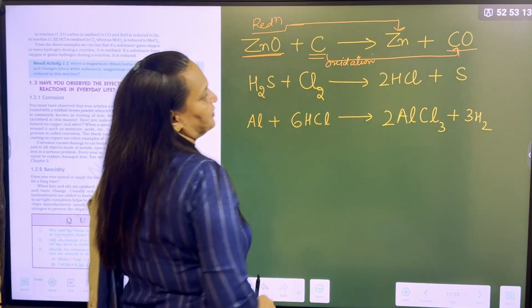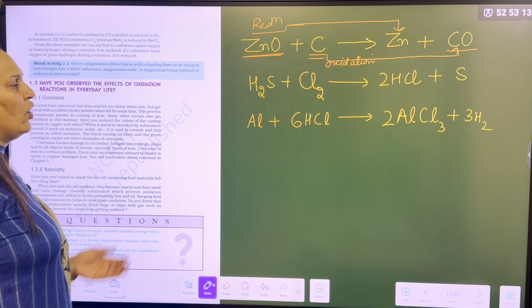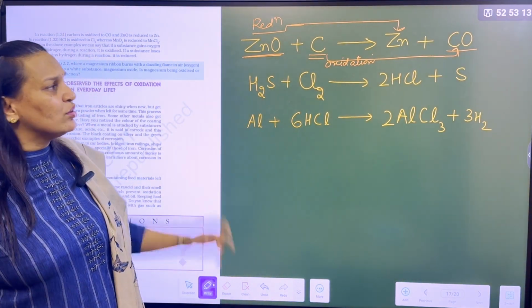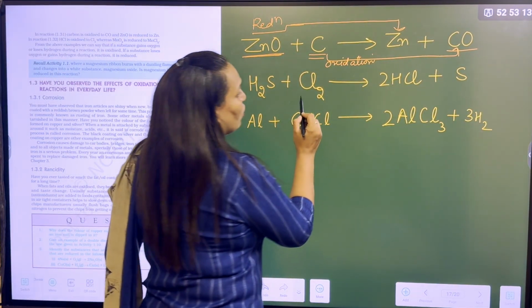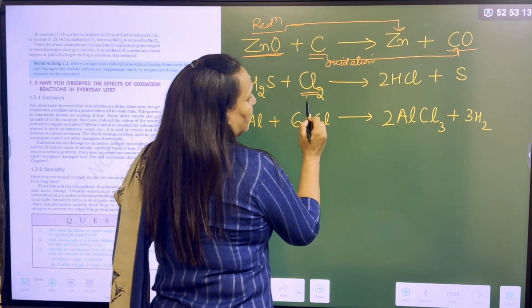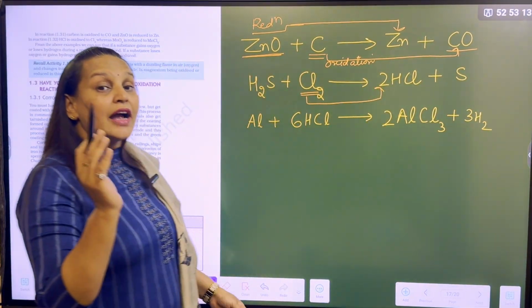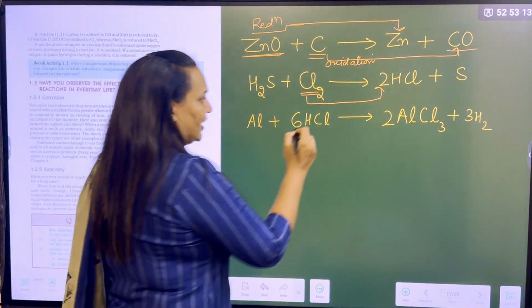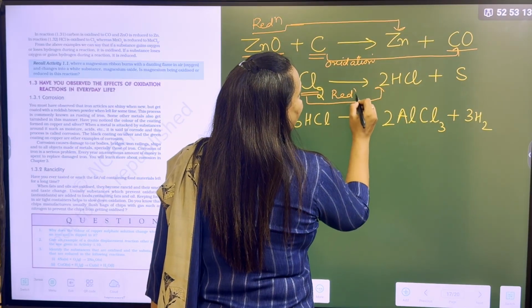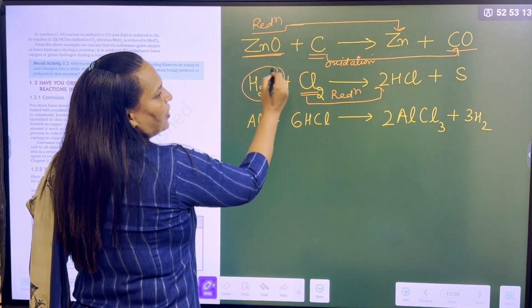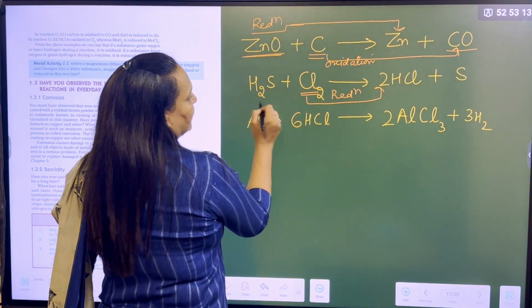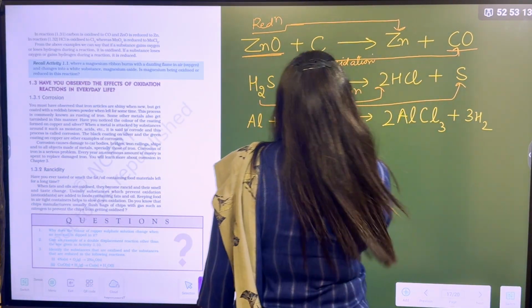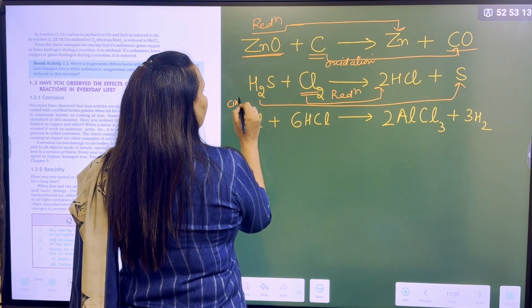Am I clear? Next. Oh, Radhika ma'am, there is no oxygen. No need to worry, hydrogen is there. See, chlorine is alone here. But if you compare it with the product, hydrogen is added to chlorine. Addition of hydrogen is called reduction. Yes, it means in the other compound hydrogen is removed, H2S becoming sulfur. It is undergoing oxidation.